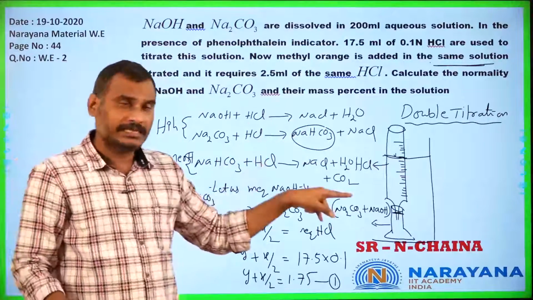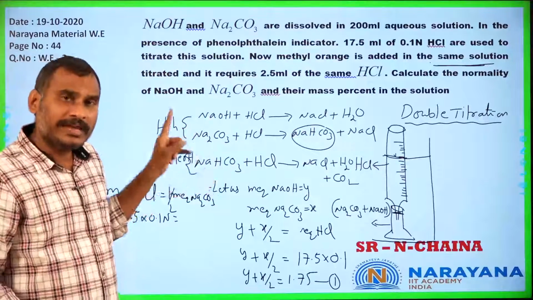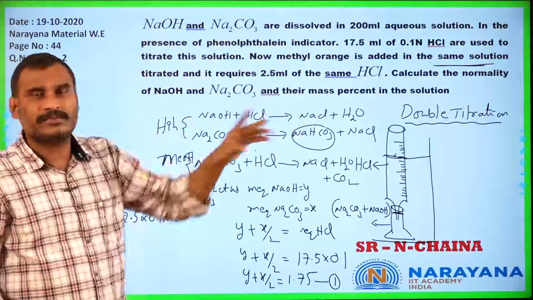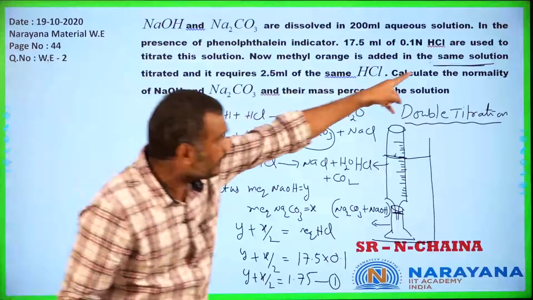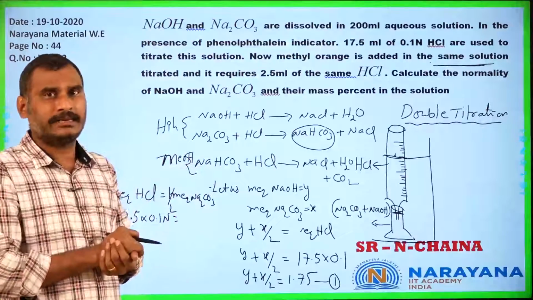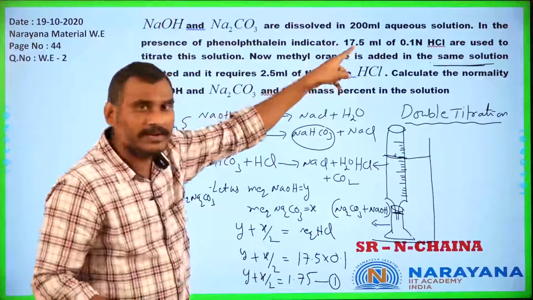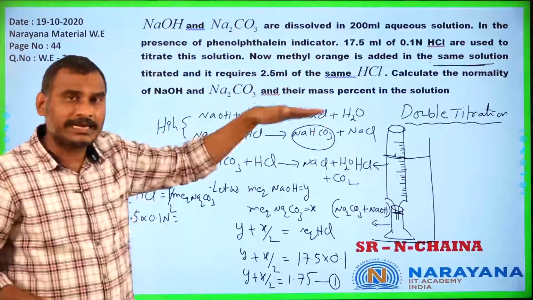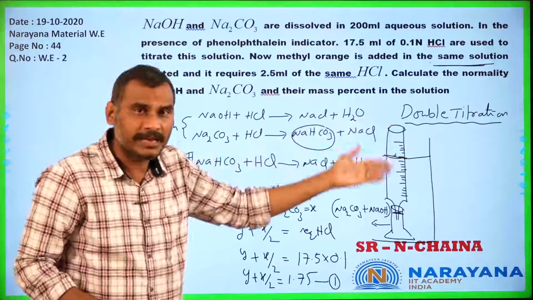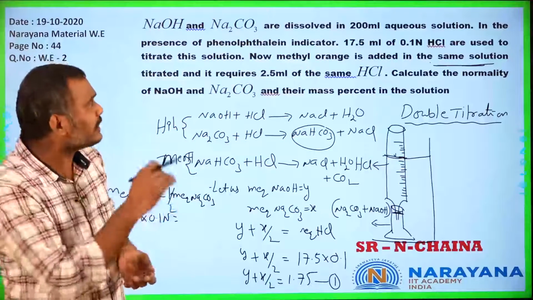Milli equivalence of HCl is equal to milli equivalence of NaOH plus milli equivalence of Na2CO3, like that we have to take. But they mentioned for the same solution and we are doing in the same experiment. We are not individually performing this. That means already 17.5 ml is over, and that is the starting burette volume, 17.5 ml, and the next running after 17.5 ml is nothing but it stops at